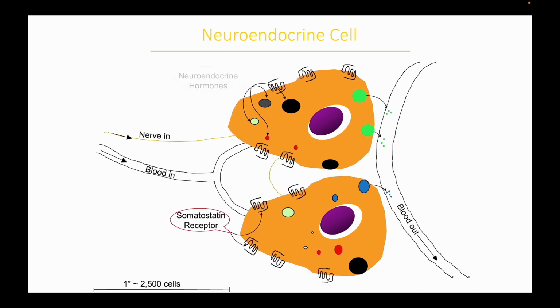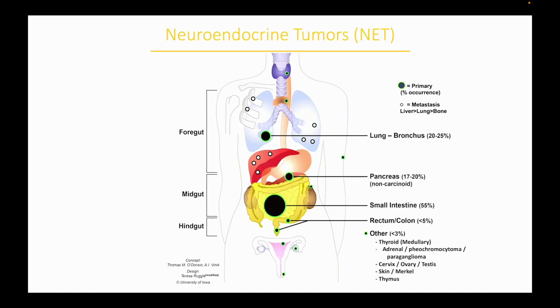The other thing about a neuroendocrine cell, and we'll be mentioning this again, is that neuroendocrine cells, almost uniquely in the body, have on their surface little Velcro patches, which are actually docking sites or parking sites for a hormone that can come in the bloodstream, a hormone called somatostatin. Somatostatin is a hormone that you've had from day one. Very important in growth in the first 20 years. It's not quite clear to me what it does for the next 40, 50, or 60 years, but it's there. These cells are particularly sensitive to it, and we'll be mentioning it again.